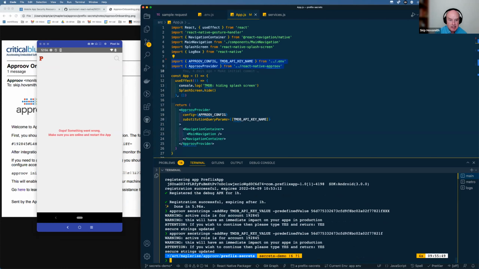So that's a lot easier than actually upgrading your app with a new static API key and pushing that into the Play Store and trying to get everybody to upgrade to the new version. So I'll stop here just on time, in case there are a few additional questions.